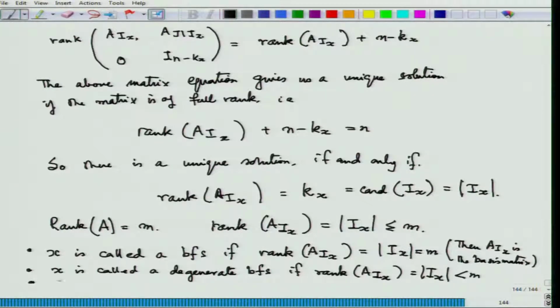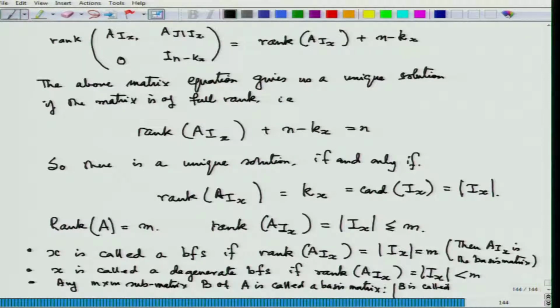So, any M cross M submatrix B of A is called a basis matrix. And a basis is called feasible. Sorry, X is a BFS, it is already given. So, B is called feasible,